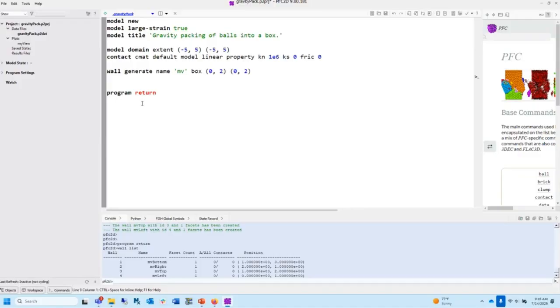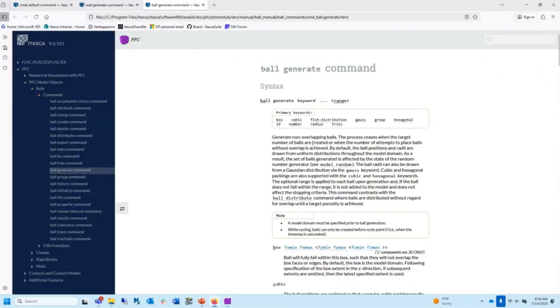Okay, now let's make a cloud of balls. So I'm going to say generate. Yeah, this is the simplest way to do it. Ball generate. Now, what's this going to do? Let's take a look. It's going to make a cloud of particles that are not overlapping. So it says generate non-overlapping balls. The process ceases when the target number of balls are created or when it's not able to make more